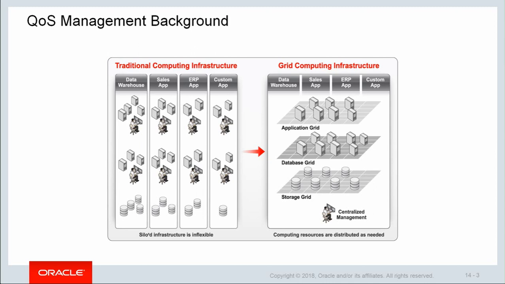So at some point, one application may require more resources while other applications are idle. So we should be able to reallocate resources to other applications that require more resources. But with a dedicated database and application environment, it's very, very difficult to manage resources for all of the applications. That's why we have a grid infrastructure concept or cluster concept or cloud concept to manage resources more efficiently. For example,